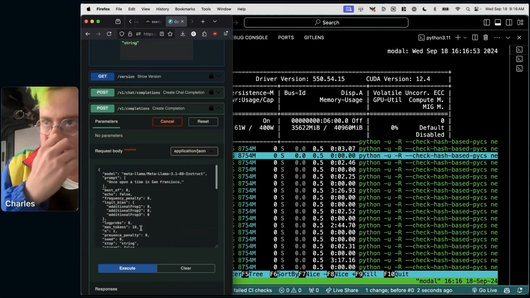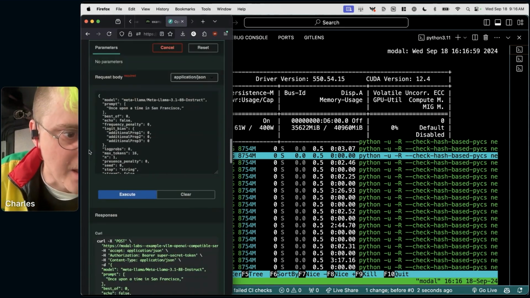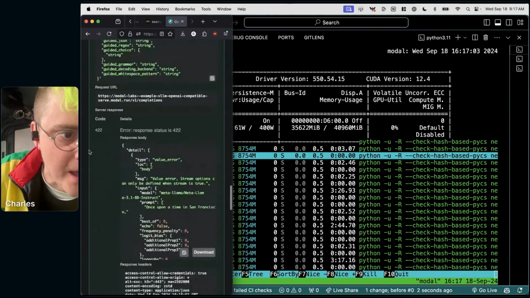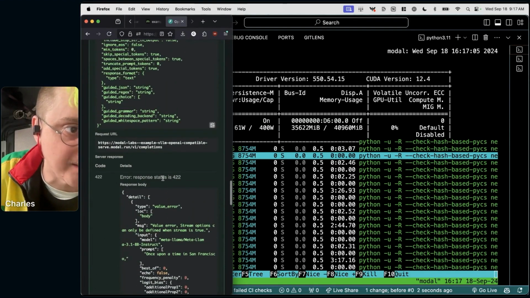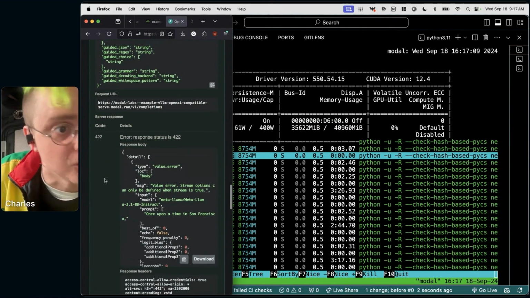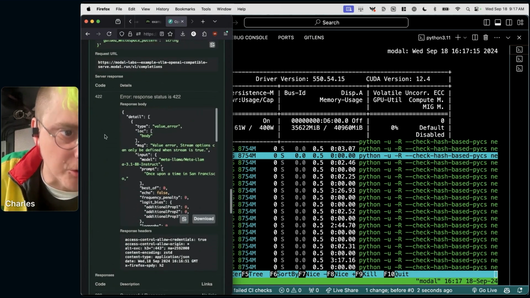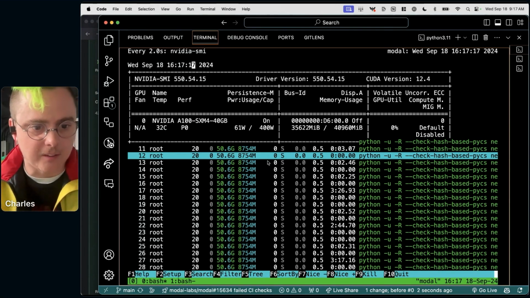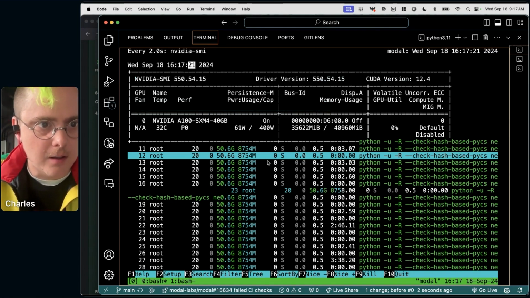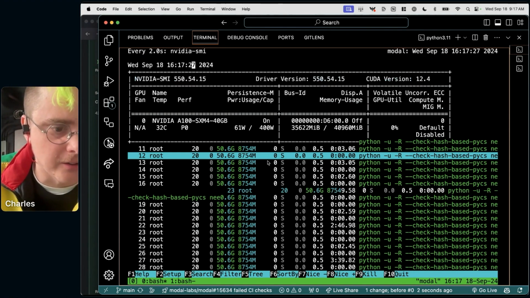So these Swagger docs come with example inputs, but the example inputs are only as good as your schema. They try and guess what good default values are unless you provide an example option. And unfortunately, the schema for this one's pretty complex, and so it's kind of hard to express what the default values should be in JSON schema. So I got a 422 error with this one. I could probably see that if I did modal container logs, but rather than do the modal container logs thing,